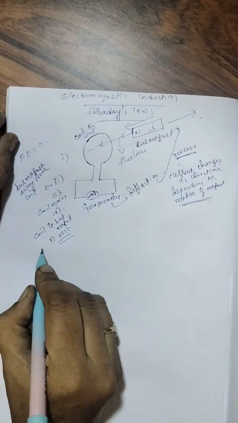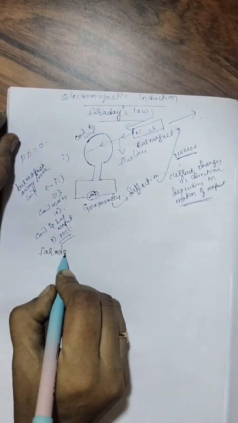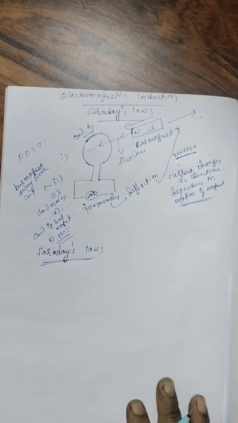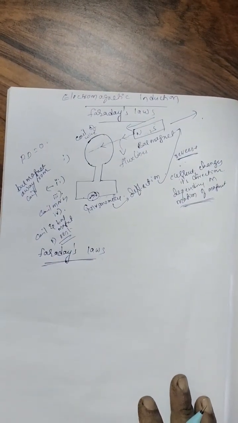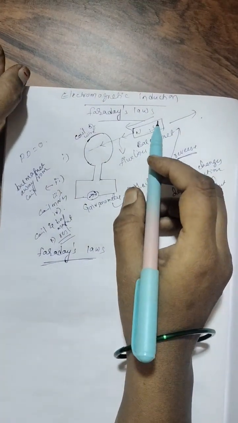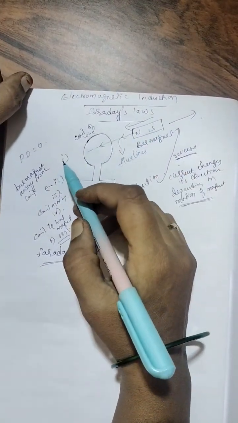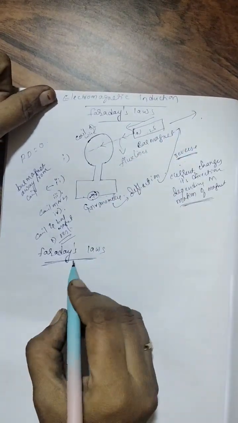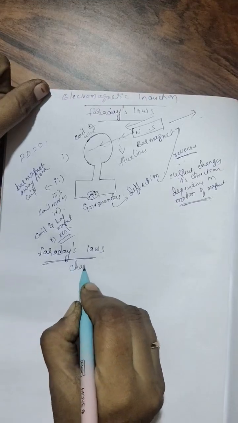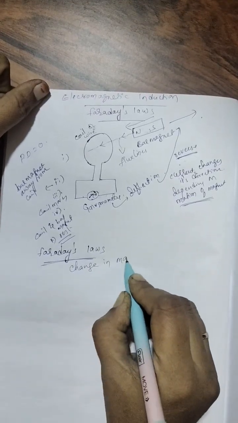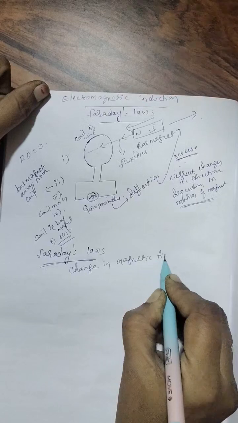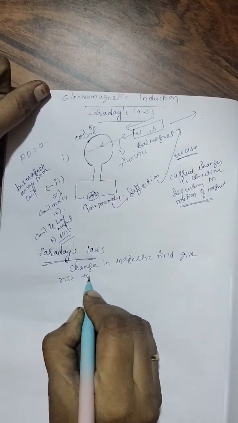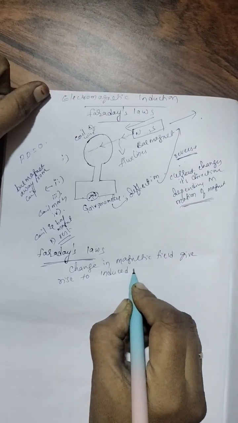So now, depending upon these experiments, let us discuss Faraday's laws. When the bar magnet is brought closer to the coil, the galvanometer deflects. It is clearly proving that a change in magnetic field gives rise to an induced EMF,